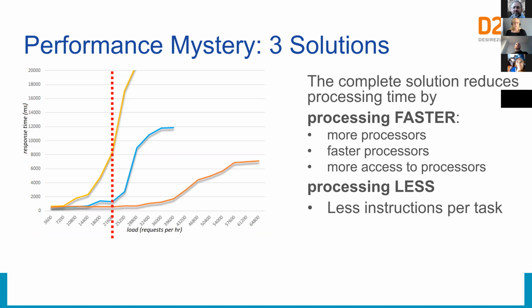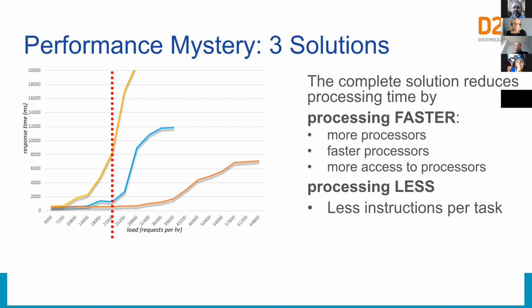So far all we've talked about is throwing more hardware at the problem. And that's a great solution when you have a static code base or when a critical performance event happens that needs to be resolved quickly. But the hardware solution should not be used in isolation. With that in mind, the complete solution to our response time / queuing problem is to reduce the time to process by either processing faster or processing less.